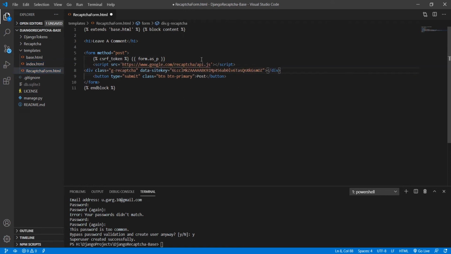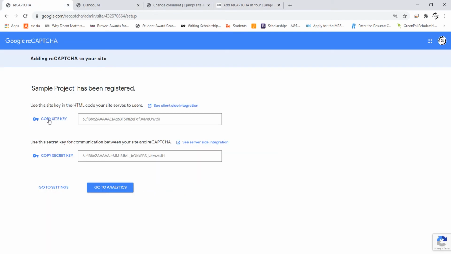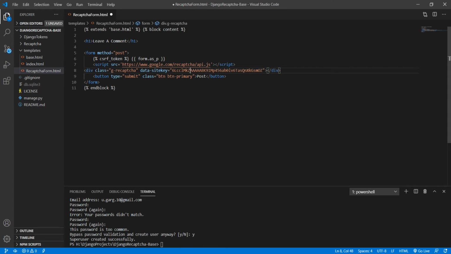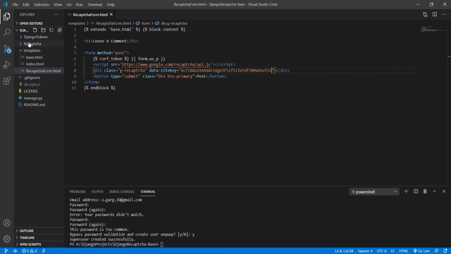We also have to make sure that the site key is changed to the site key that we have just generated. Once that is done, we will copy the secret key and secure it safely inside our settings.py file.